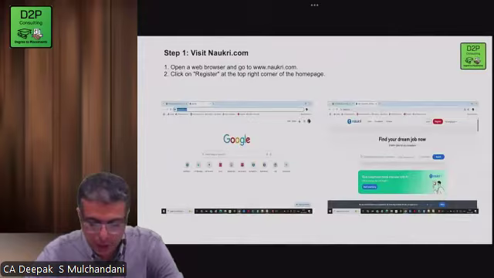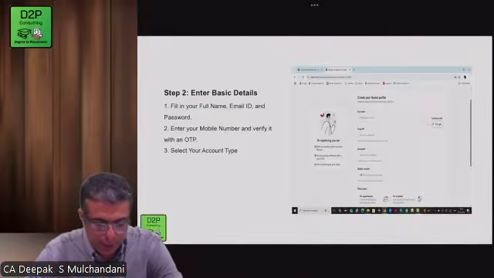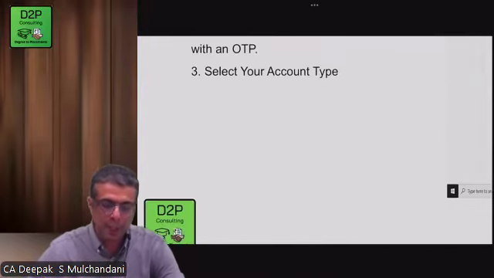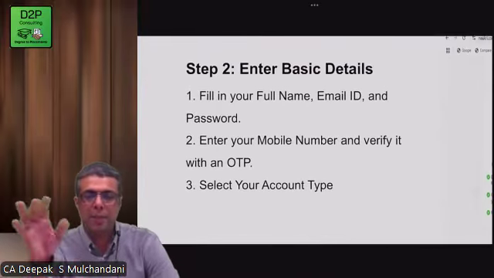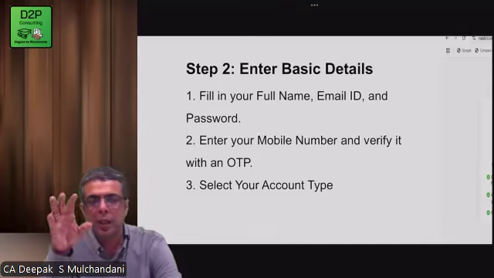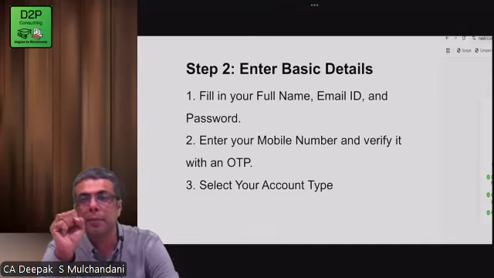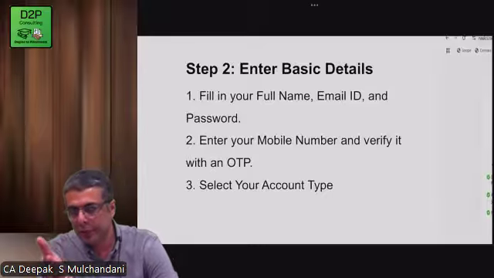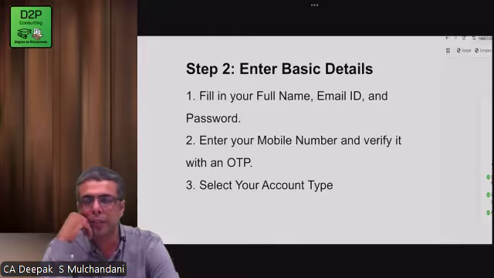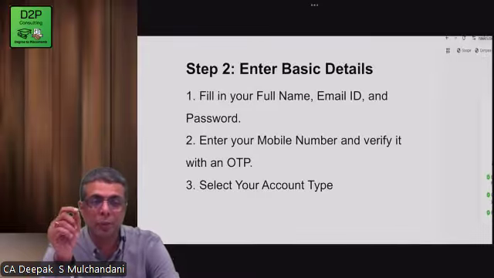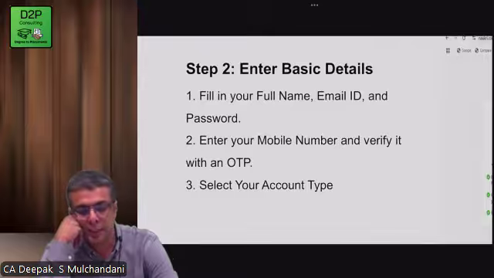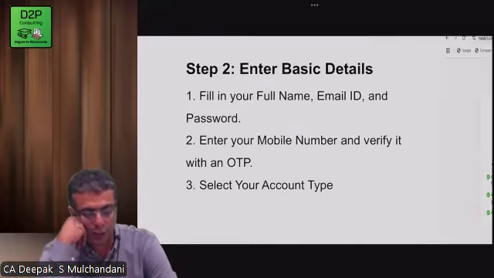Once you register there, you enter basic details. That is very important. When you enter basic details here, these should be genuine and authentic details, because the data gets picked up for employment. So these details and IDs should be very genuine, very valid, and active email IDs. The biggest unique problem I've started understanding is that since the last year, the WhatsApp backup is part of your Google storage.